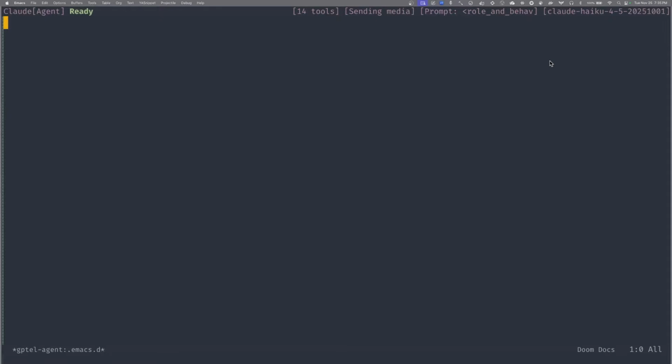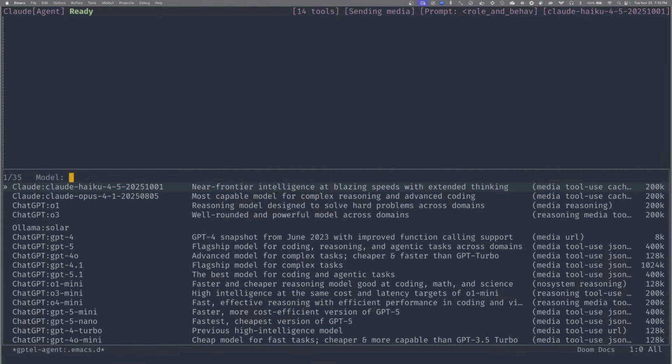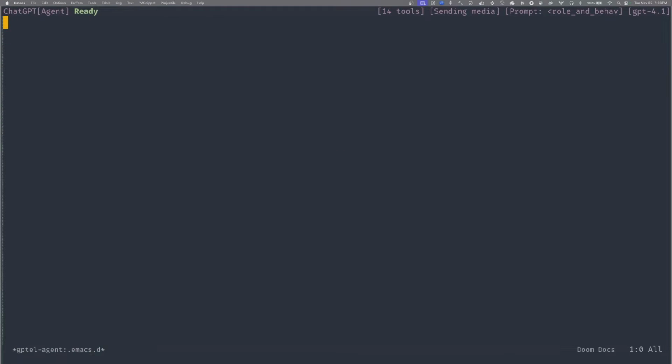So you probably want to switch to something, right? Change your model to something that is not going to be rate limited. Oh, I don't know, like GPT 4.1 works fine. Okay, let's try this. Okay, this should be fine. All right, so now we switch the model. Now I turn it over to you.